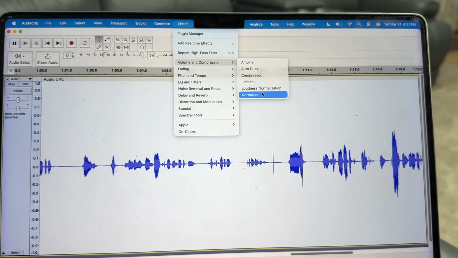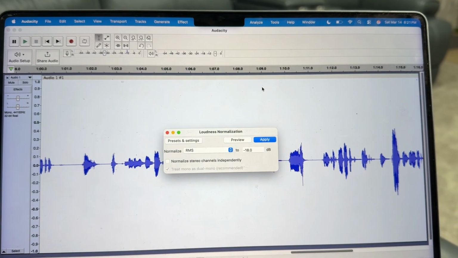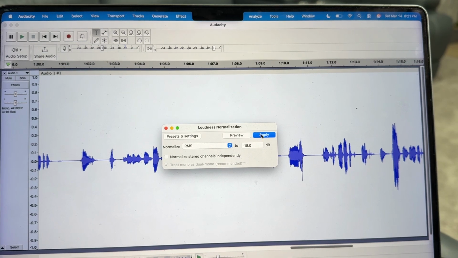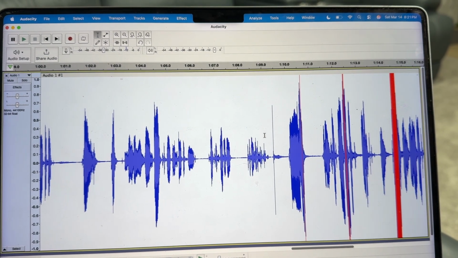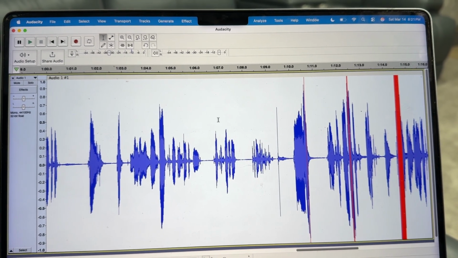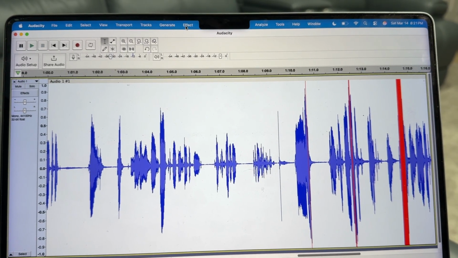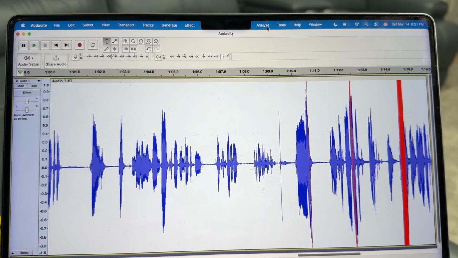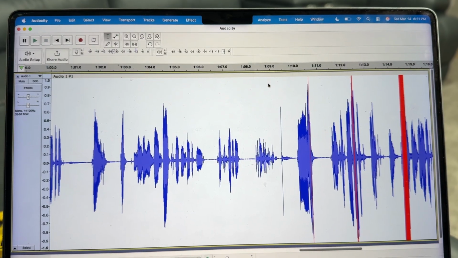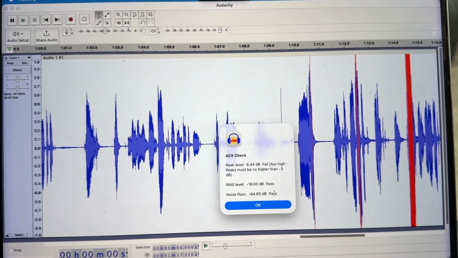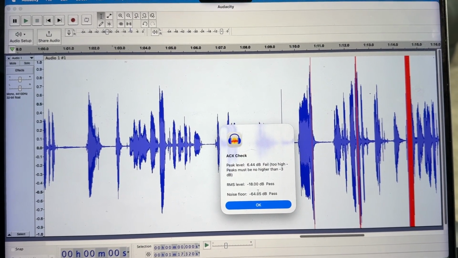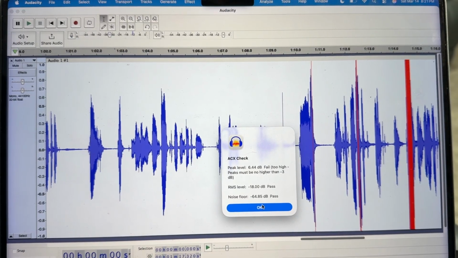And then you do loudness normalization, 18, that is matching. Okay, and then it'll get big. I'll show you what that did. ACX Check, we've got two that are passing now, 18 and the noise floor.